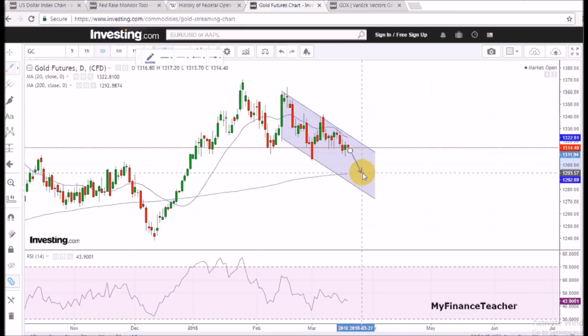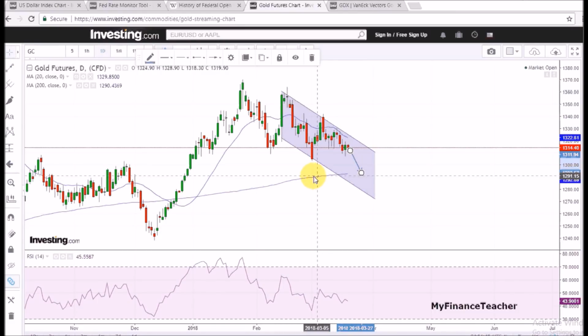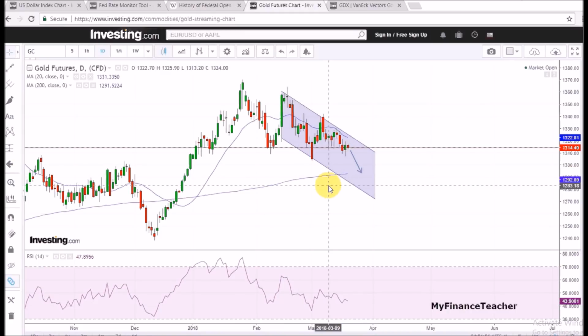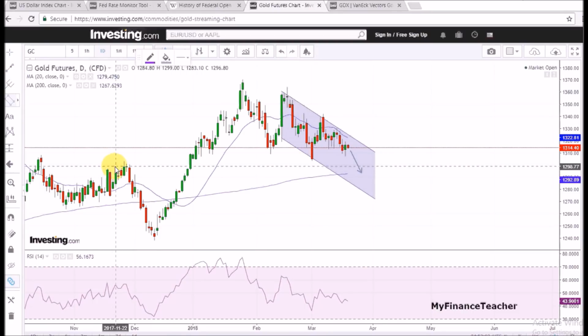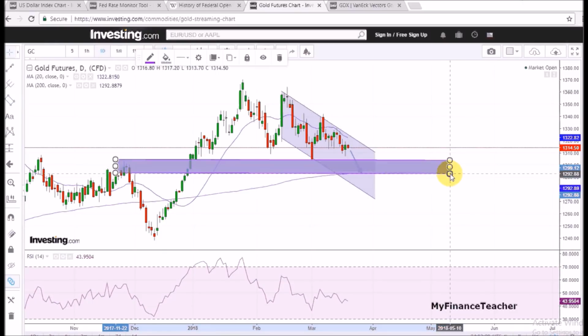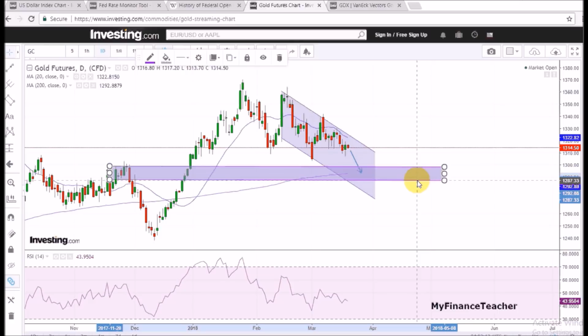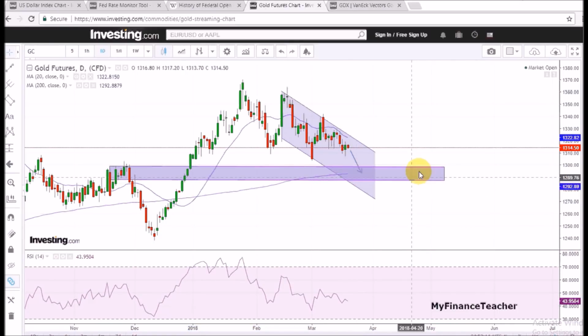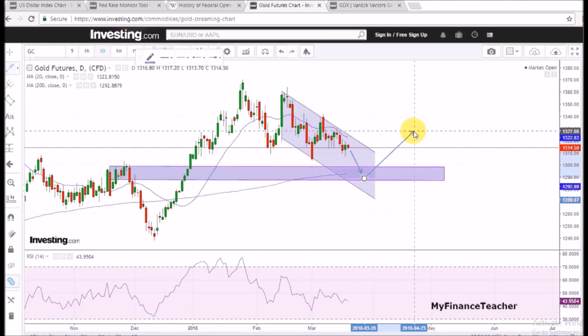Here. This is a 200-day moving average. I think that could be a relatively good support level for gold. That, as well as sort of this range. So I expect that the area between sort of 1290 and 1300 will be a support zone for gold. I expect in the very short term gold to continue declining somewhere into that area, and after that I expect